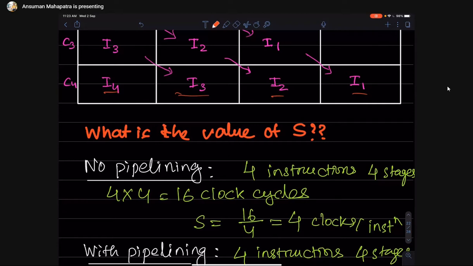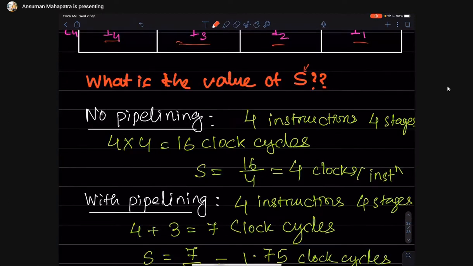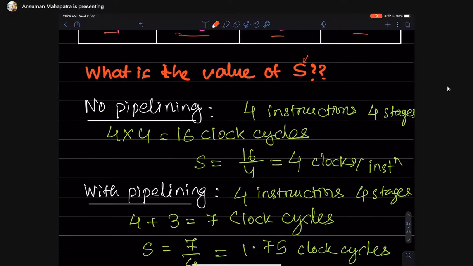So we have to calculate what is the value of s. We will calculate without pipelining and with pipelining. Okay, so if there is no pipelining, 4 instructions we have to execute, and each instruction will take 4 stages.